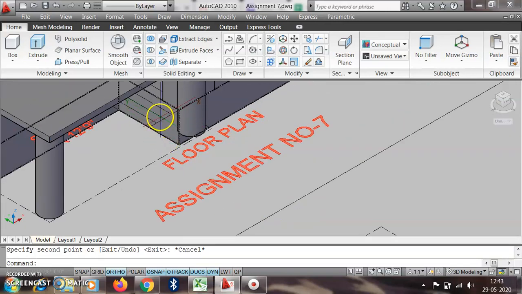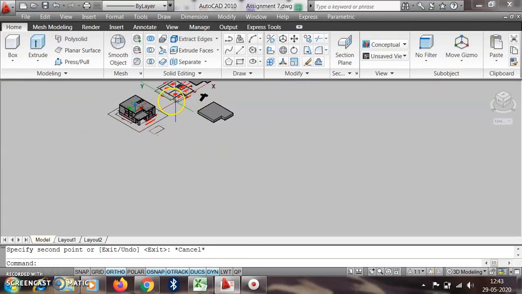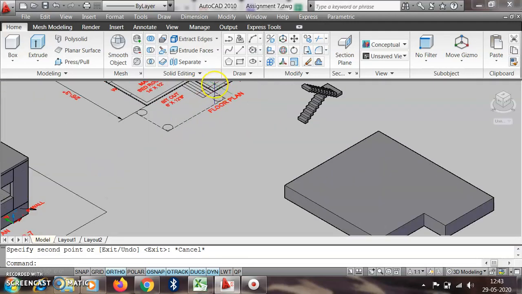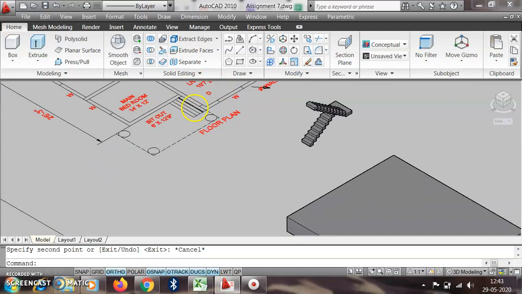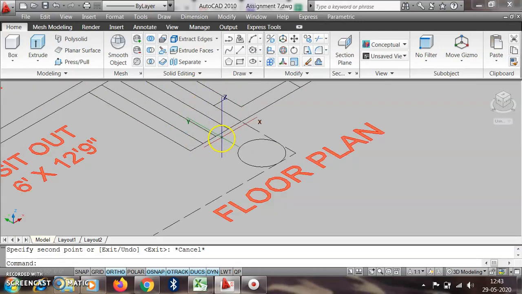Here we have to press pull again. We know that these staircase steps have to be provided.